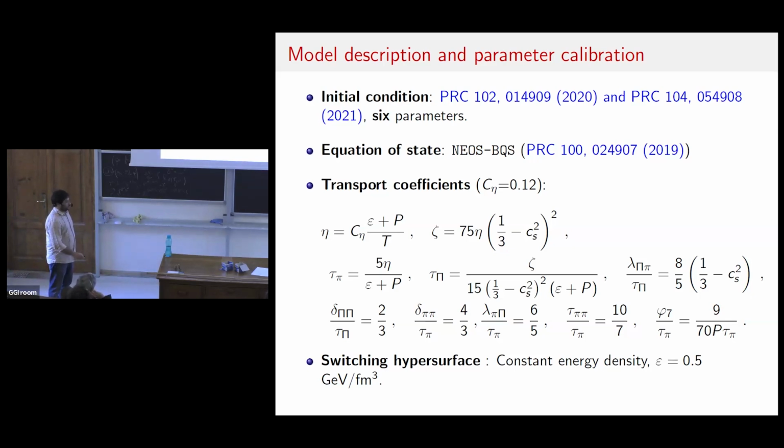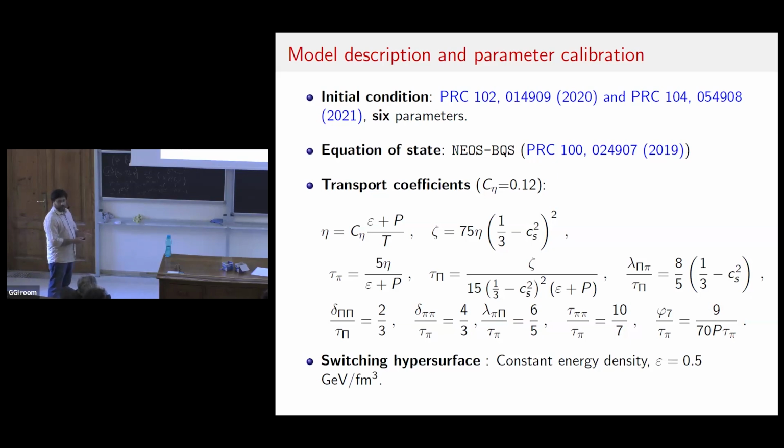For the transport coefficients, we use the results from kinetic theory. So I don't have a justification of why we use kinetic theory results, except for the fact that these are the ones which are used in codes like MUSIC and vHLLE, and the fact that this works. So the information of the plasma in these coefficients comes in the form of energy density, pressure, and cs square. So we evolve the plasma and then give these from the plasma to these transport coefficients and evolve. The switching hypersurface we will define as the constant energy density hypersurface with the switching value as 0.5 GeV per Fermi cube.